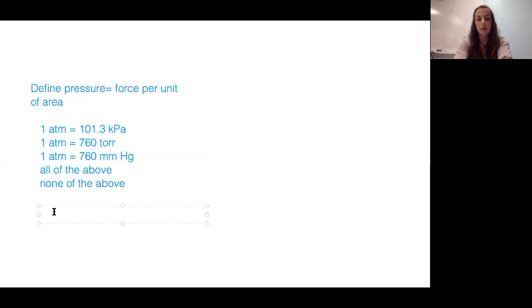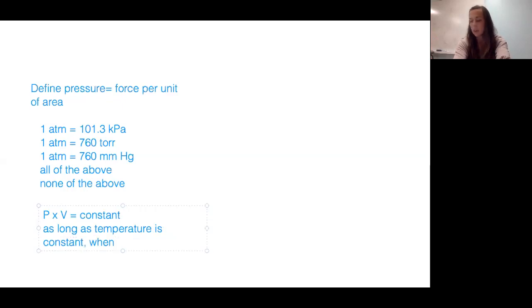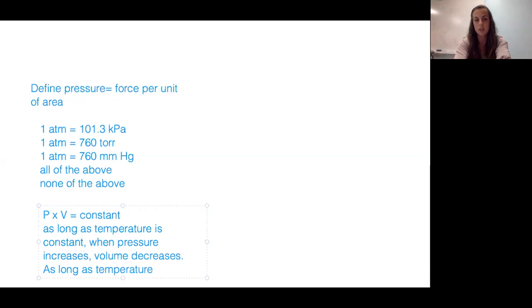Okay, so there's a couple different ways you can write it. Pressure times volume is constant. You could also say as long as temperature is constant, when pressure increases, volume decreases. And you could also say as long as temperature is constant, when pressure decreases,